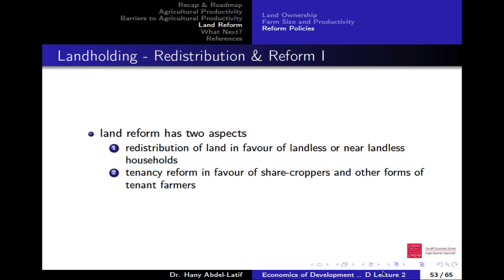So the land reform is more about the redistribution. So you have these massive big farms, just make it smaller. And again, as I said, it's a hot debate, and there's something going on about this in South Africa if you want to find out more about it. There are similar reforms going on in South Africa, and to make you more interested about it, I'll give you one reason.